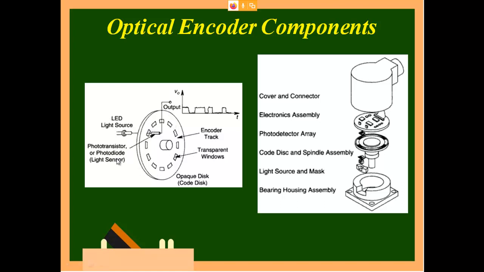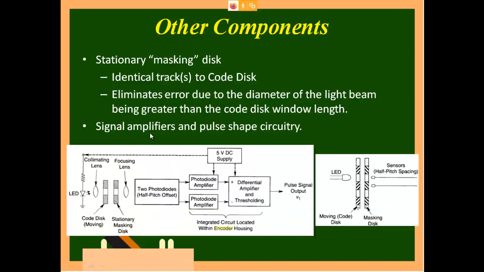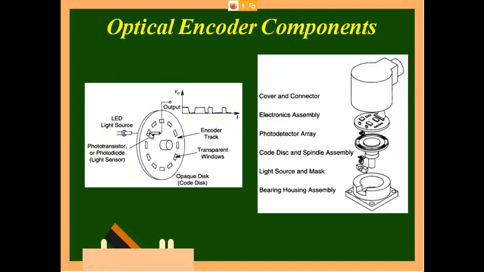So now again I will tell you, you have a light source, the light source is coming from there. This is the disk which we are using, the disk has 12 holes, so 30 degree for each hole. Initially light from here will cross and reach here. Once the disk moves 30 degree, this hole will come here, so it has moved 30 degree. That is how we are going to measure.